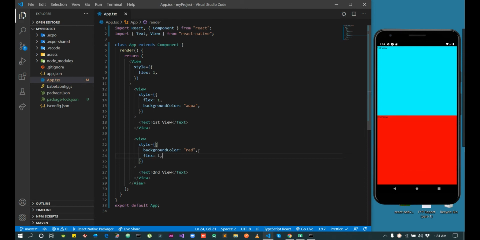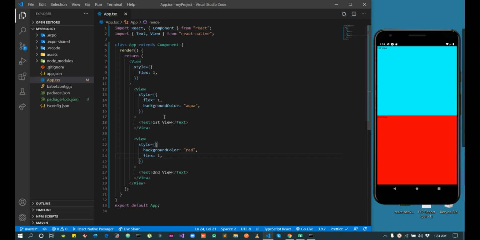Here we can see we are using flex 1 and flex 1. In the main parent we are using two flex 1 views, and we count 1 and 1, 2, dividing the whole screen into two pieces, giving one piece to the first view and the second piece to the second view.